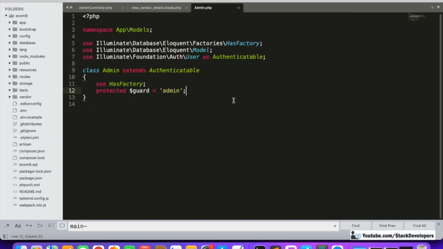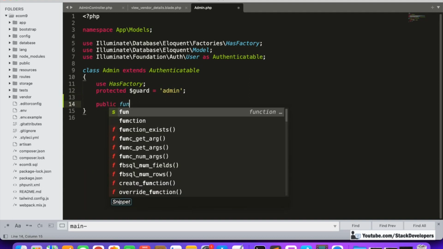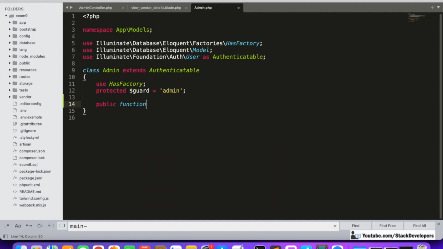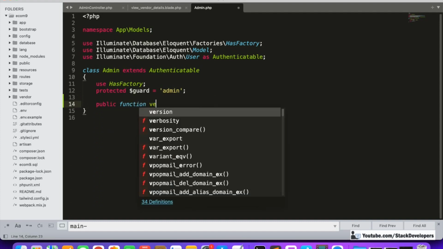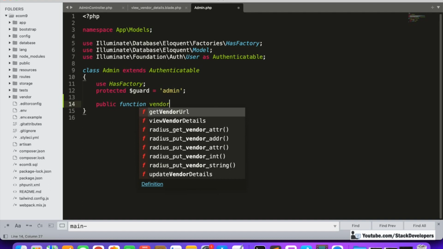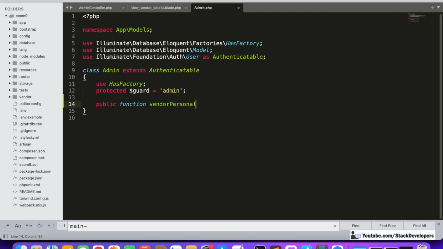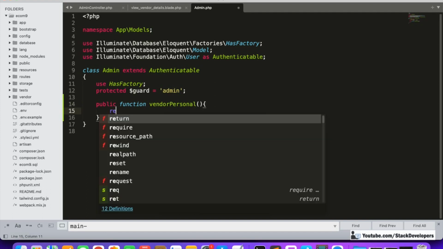Here we are going to create the relation. So first relation we are going to create between the admins and vendors table. Okay, and we will make the relation like this: public function vendorPersonal, and return